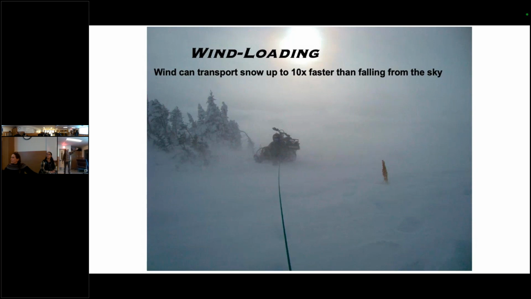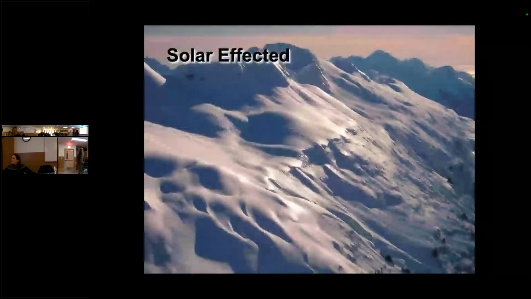Another caveat to that is when it's cold and dry and you've got the north winds like we're going to have this week, a lot of that snow doesn't come back to the ground. It'll just sublimate back into space because it's so dry. It'll just turn to vapor again.